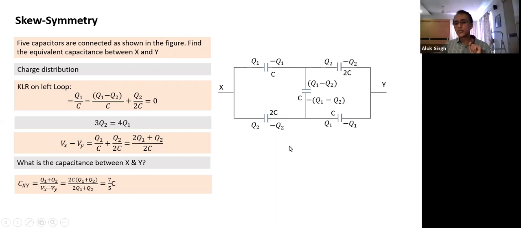Now, some of you ask this question, can I solve without symmetry? Yes, we could have solved without symmetry also. In that case, what would happen? Rather than taking Q1, Q2, Q1, I have to take one more quantity as Q3. In this case, I have applied the Kirchhoff loop rule in only one loop. I would have applied it in one more loop also. Applying two loops, I'll get a relationship between Q1, Q2, and Q3. Assume that I gave this charge Q3 here. What I'll find is that Q1 will come equal to Q3.